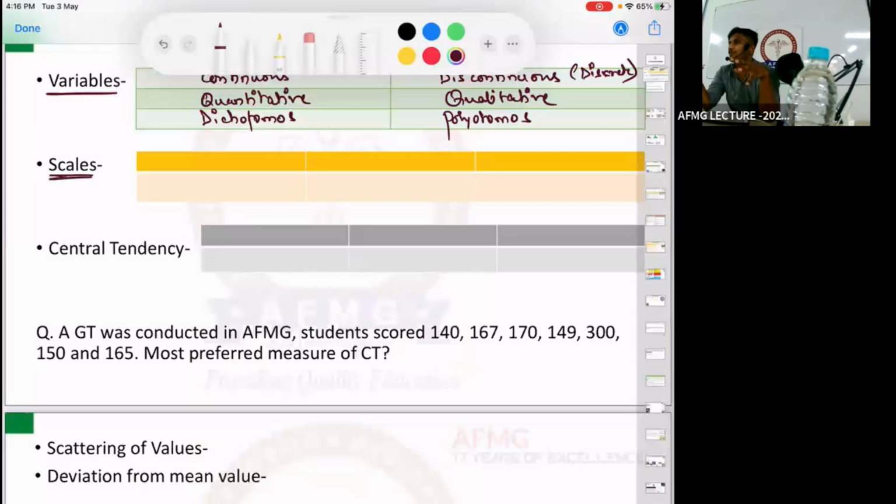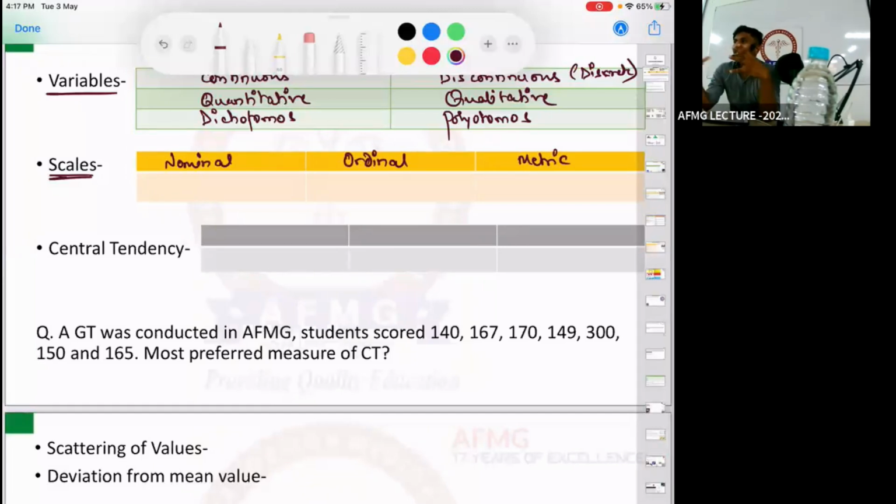So we have 3 types of scales, guys, right? We have either categorical scale or metric scale. Categorical scales are further divided into 2 types. Either it is a nominal scale, or it is an ordinal scale, and metric scale is only one, and that is also called the metric scale. From the name itself, it is evident.